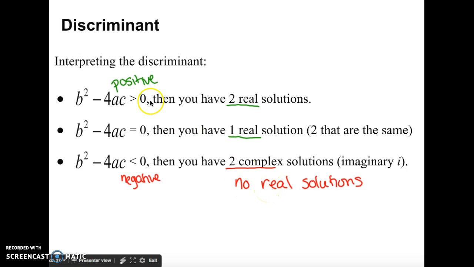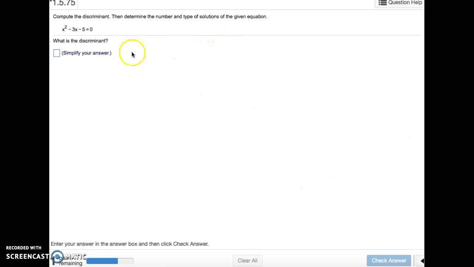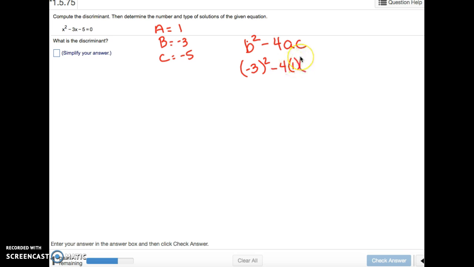Let's look at a few examples. And actually, this will be the only example that we will work on. First thing that I have to do is identify my a, b, and c. So I have 1, -3, and -5. And again, the discriminant is just b squared minus 4ac. So if I take my -3 and square it,